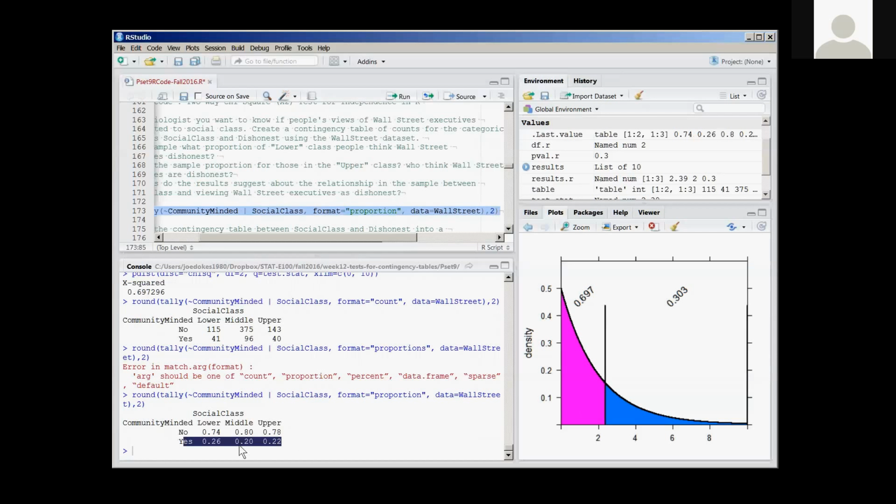Now, this is where statistical significance is relatively important. It's possible, for example, that being in the lower social classes is predictive, but once you go beyond the lower social class, being in the middle and upper classes may not matter, because there's a small percentage difference, 26 versus 20 versus 22. But based on our p-value, based on our chi-square test of independence, we fail to reject the null hypothesis that there's no difference between social class and community-minded. In other words, that social class is independent from